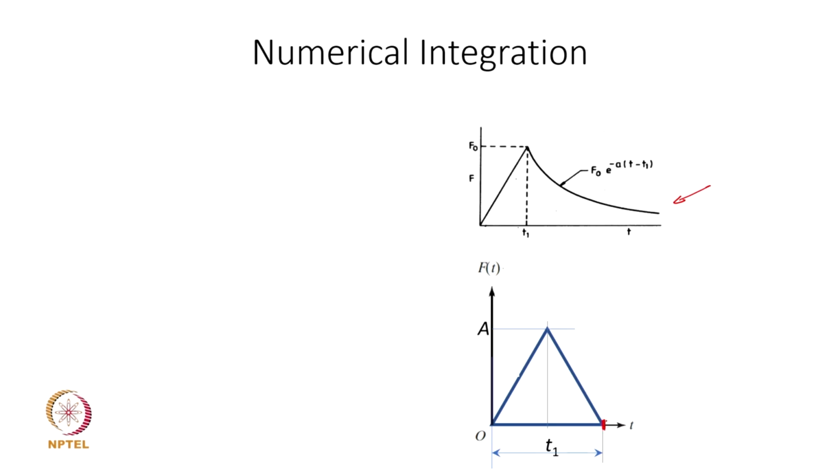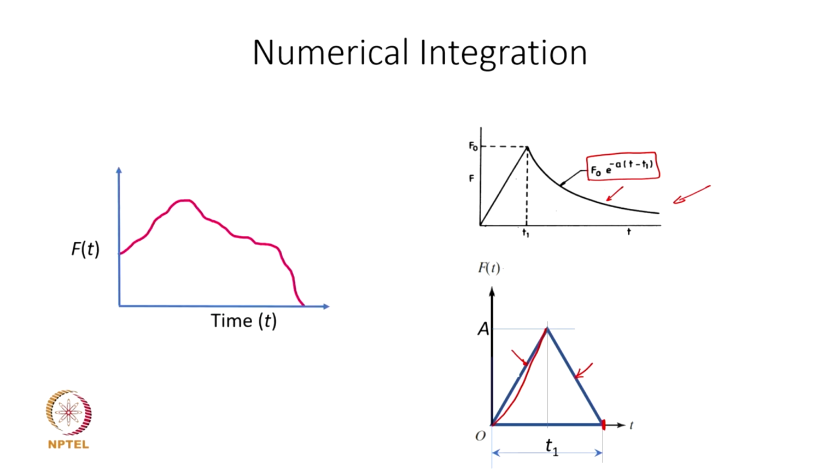It is again an approximation of the actual excitation, but what we are saying here is that even if there is a slight deviation from this kind of an exponential curve, we may be able to approximate the response by capturing the variation of the force in terms of some mathematical function as we see here. We have seen in the example how this part can be captured in the form of a simple mathematical expression. So, even if the response may go up like that, we may be able to get the response with reasonable accuracy. But sometimes the excitation function could be quite an arbitrary one.